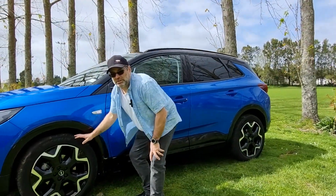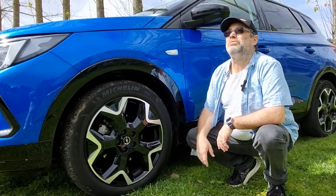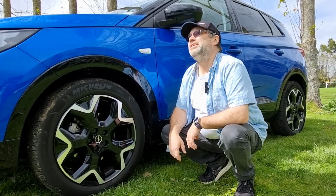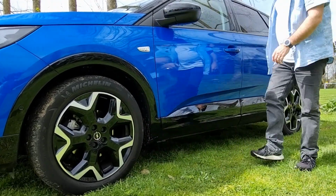On the side here we got the 19-inch diamond cut two-tone alloy wheels. Very smart, futuristic looking wheels. They look really nice. Ignore the plane flying overhead, that's annoying. Shoot them down later. And the side of the car here we've got